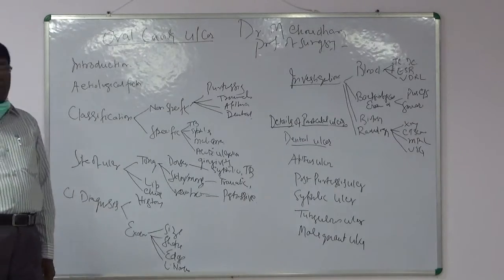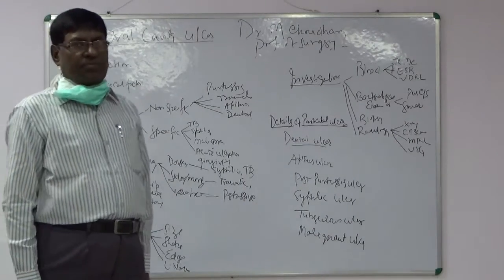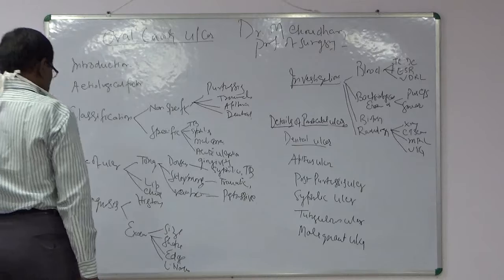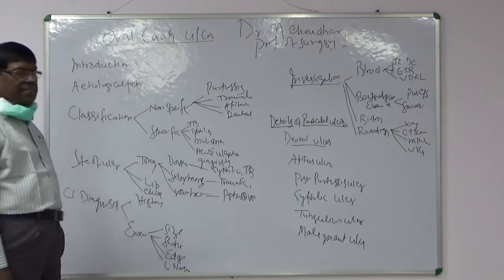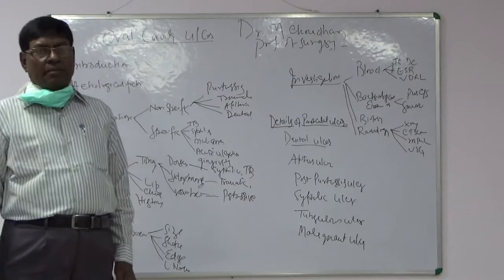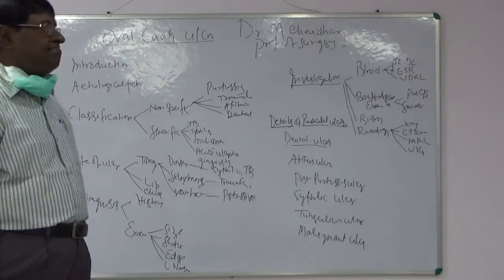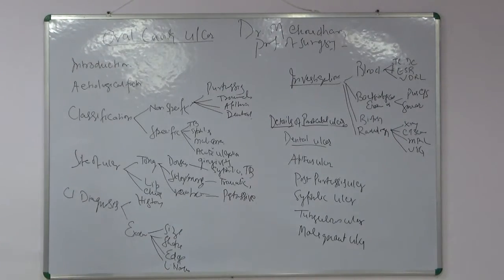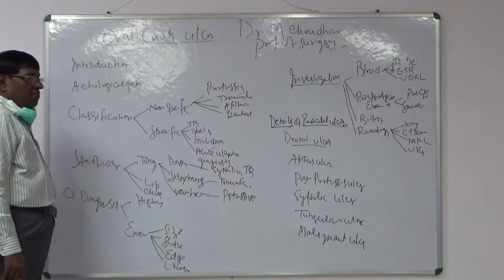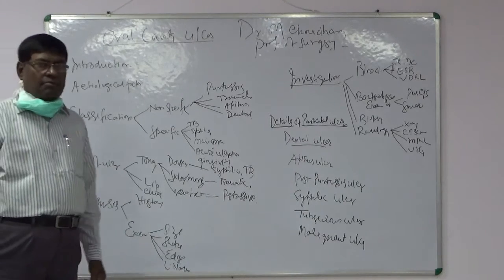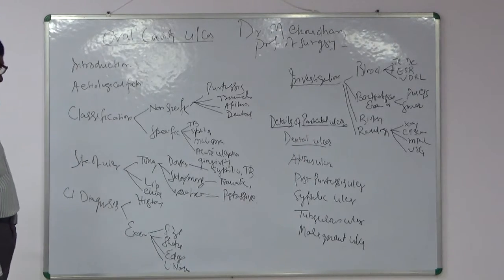How will you diagnose clinically the ulcer of the tongue? There you should take the history. Clinical diagnosis contains the history and examination of the patient. History you should take in the proper way and very patiently from the patient, because the patient is not telling the exact history about the ulcer formation in the buccal cavity, and so history should be taken properly in the child, in the patients.